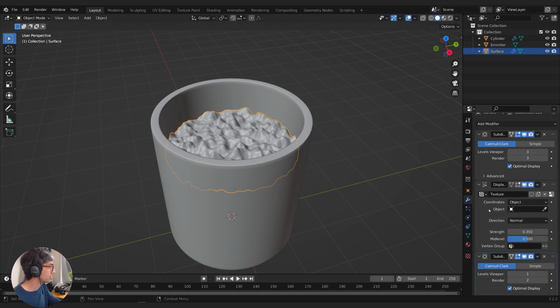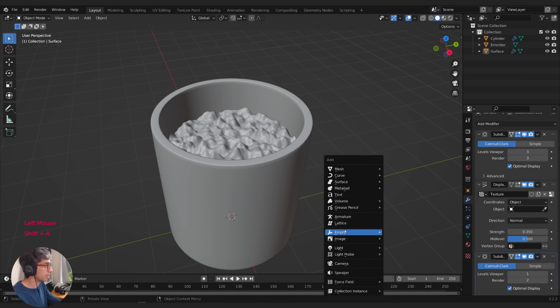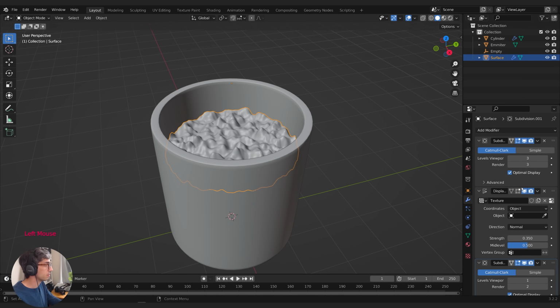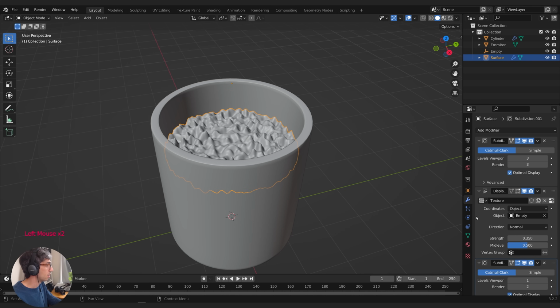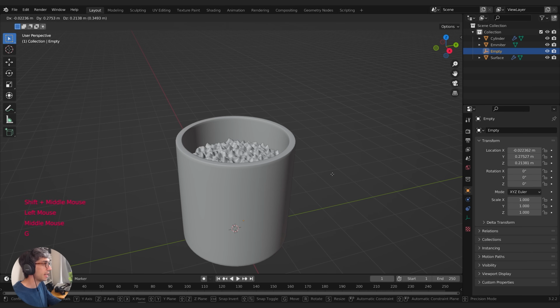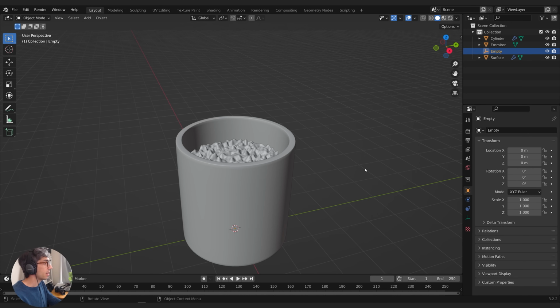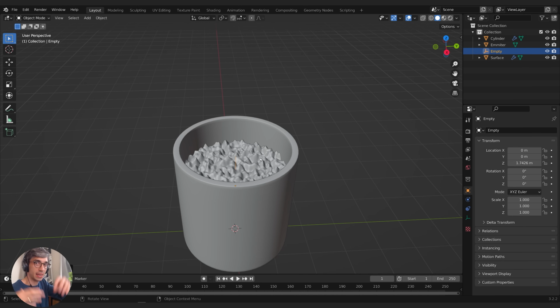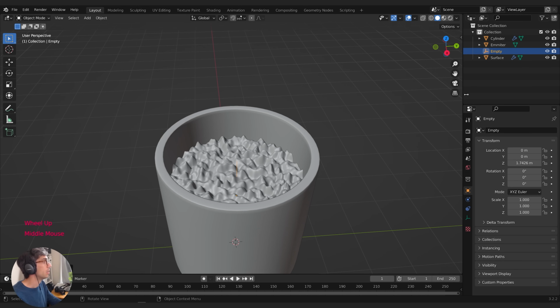So I'm going to click object, and you can see this little drop-down menu, and I'm going to create an object in my scene. I'm just going to create an empty, just a plain one, and I will go back to the surface and I'll select that empty right here. Now what this is going to let me do is wherever this empty goes, it's going to take that Voronoi noise pattern with it. So by doing that, now I can animate this empty going up. You can see as it travels up, it makes this surface of the water dance and look like it's boiling.